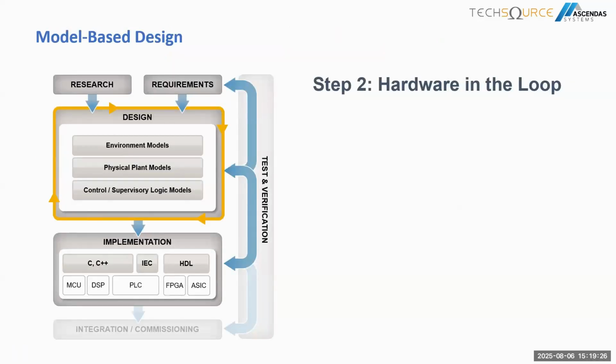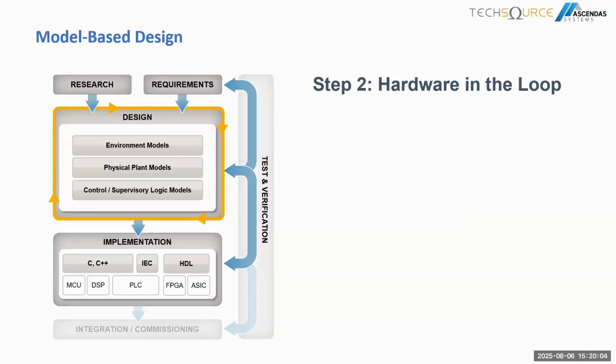Another step that we need to do for model-based design is hardware in the loop testing. So hardware in the loop system, usually when we initially do our model development, we start with model in the loop systems. This is just doing simulations within the MATLAB or Simulink level itself. But if we are doing safety critical systems, we are following the V model safety systems. So in this case, most of the time, we want to